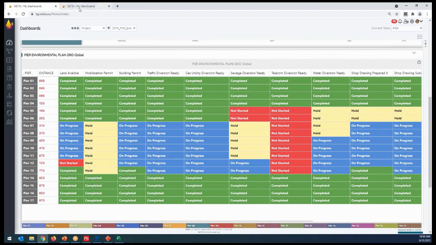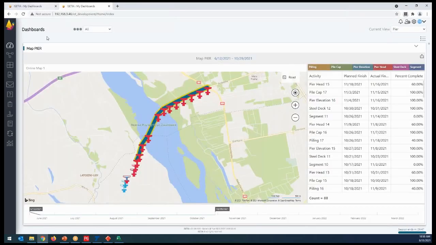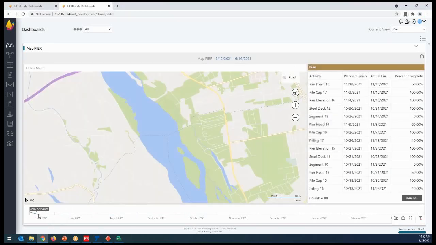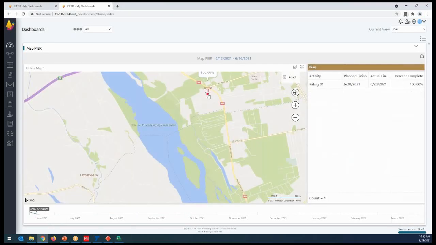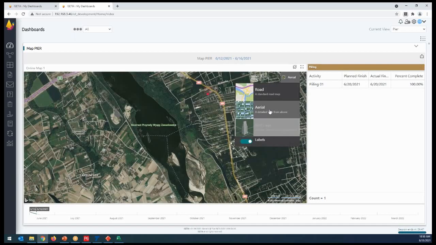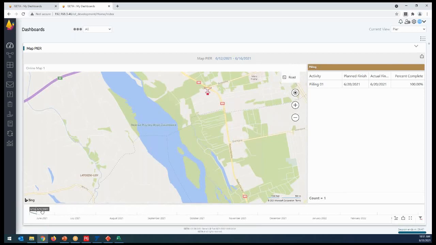And what about other applications? In the map view, I can also give my management, if I go to specific dates, the possibilities of the work. So I have piling works here, and for piling work there is the planned date, actual date, and how many percent completed. I can open the map view, I can open the bird's eye, and here, if you go to specific dates,